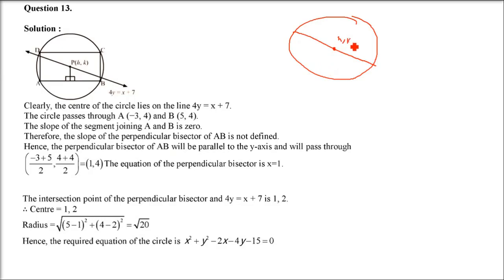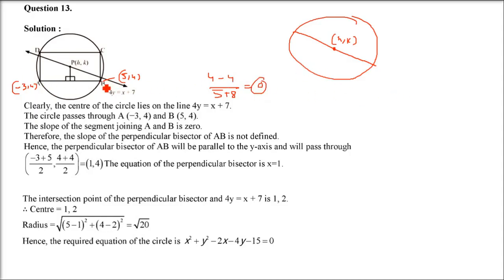So this HK center, how do we get it? Do we have the endpoints? Or any other way we can find it out? We have the A and B. So we know the slope of AB line. AB is the line which is also, you can say, one of the sides of the rectangle we are talking about. So 4 minus 4 by 5 minus, minus 3, y2 minus y1 by x2 minus x1, slope is 0. So this slope is 0. What does it mean? It is parallel to x-axis.